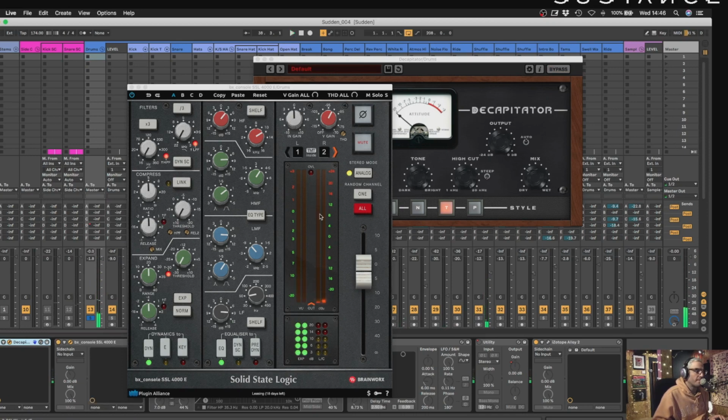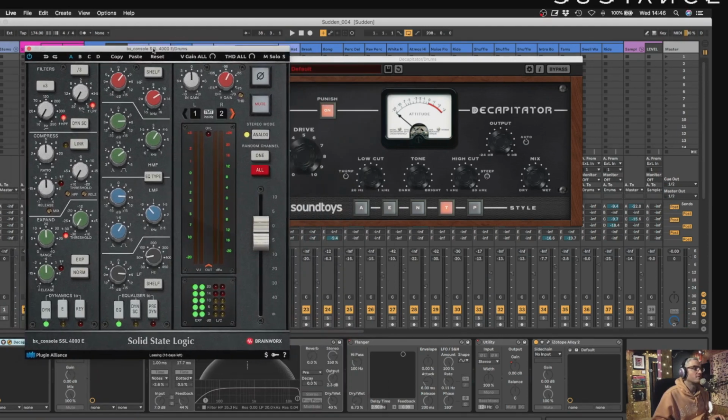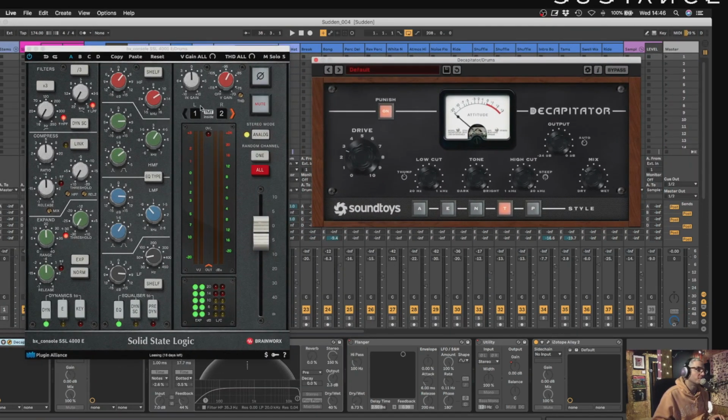I saw a production video that DLR did on Future Music, and he was using this, so I signed up to Plugin Alliance and used it as well, and I think it's wicked. It's got this THD thing here, which if you turn up is like, I think he said, output drive like you have on old school desks, and then you've just got an EQ channel and compressor, expander, filter. I just normally boost,